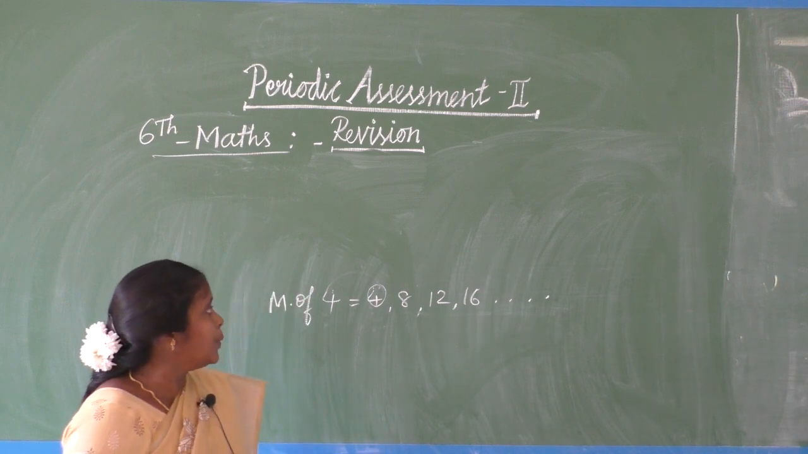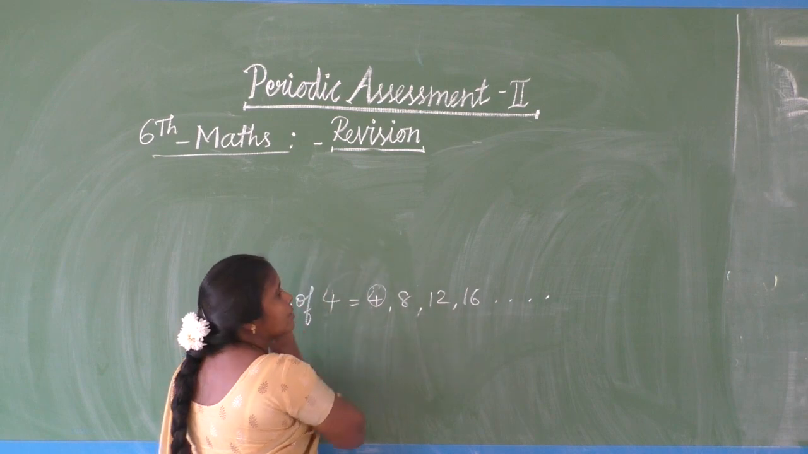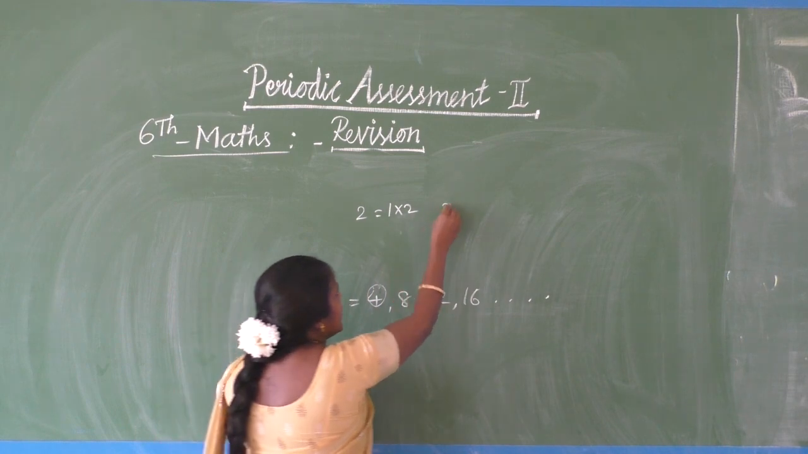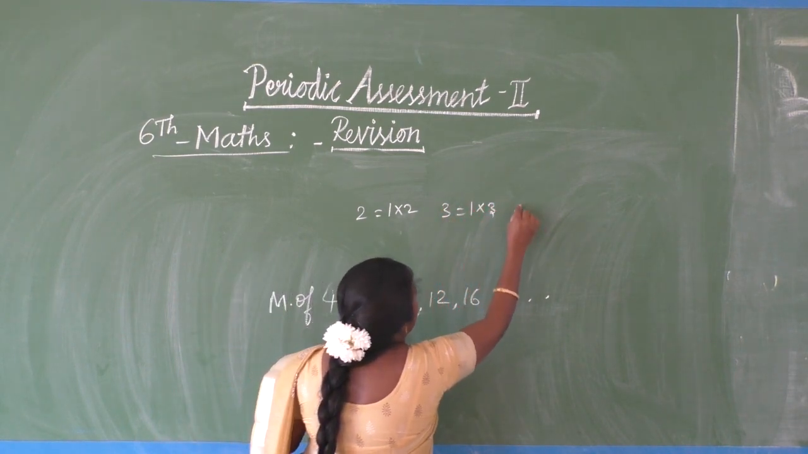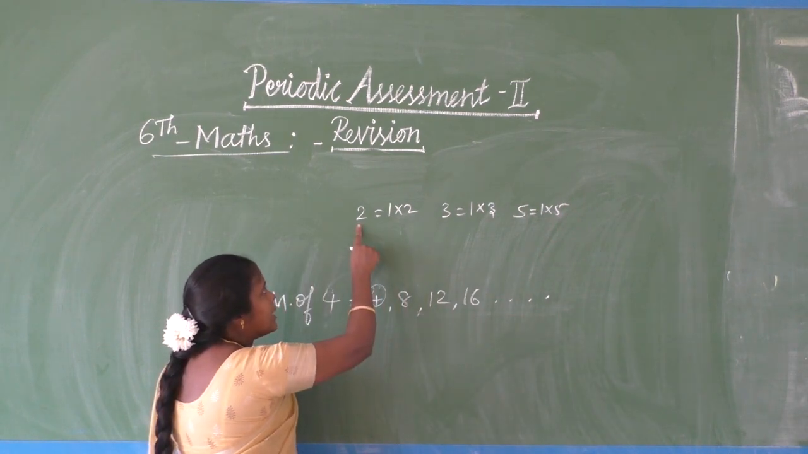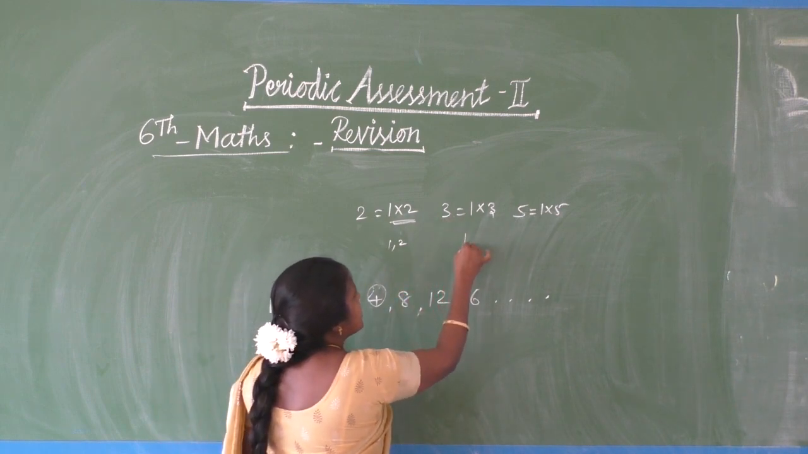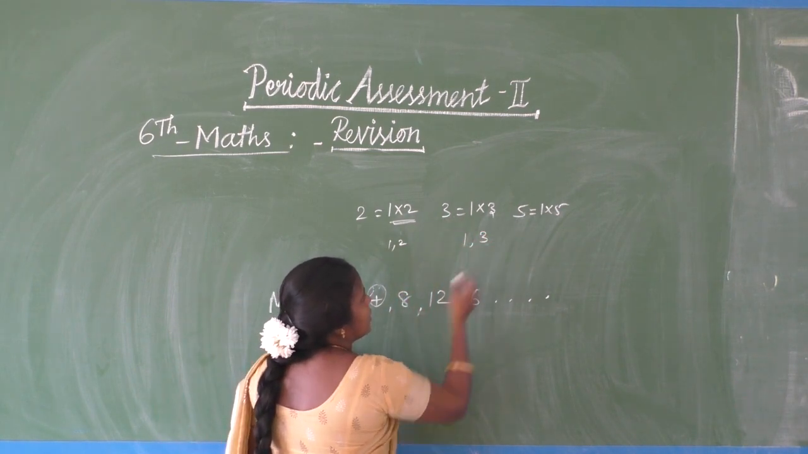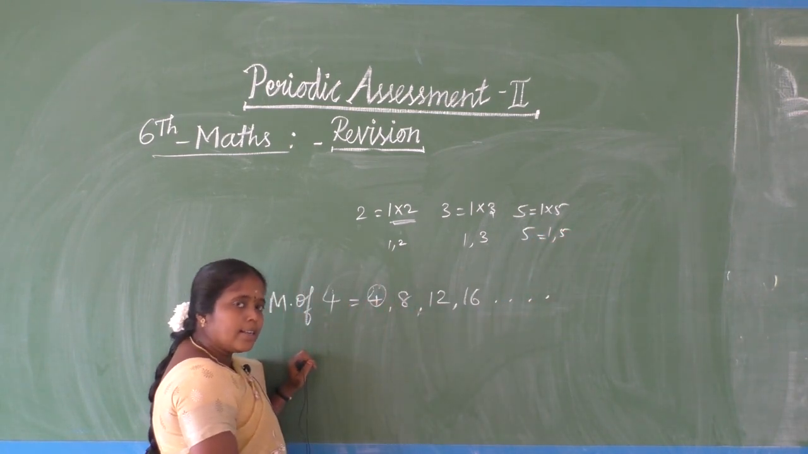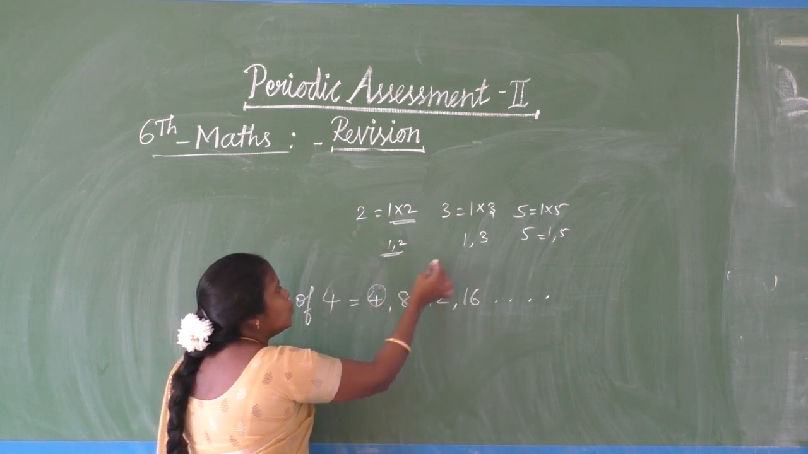See, only 2 factors, that means exactly, which numbers will come? For example, 2 means 1 times 2 is 2, that's all. 3 means 1 times 3 is 3. 5 means 1 times 5 is 5. Clear? This number has exactly 2 factors, 1 comma 2. This 3 has exactly 2 factors, 1 comma 3. This 5 also has exactly 2 factors, 1 comma 5. Understood? So, if a number has exactly 2 factors,